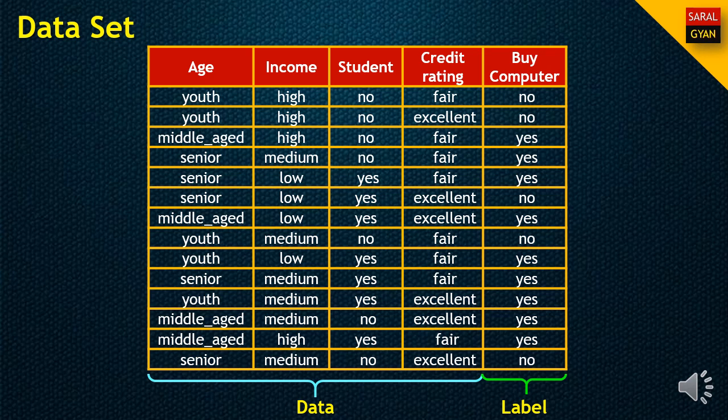Okay, now the question is, though there are 4 attributes, age, income, student and credit rating, which attribute to be taken first for making the decision? And we have already discussed in our previous video, we need to calculate the information gain for each and every attribute. The attribute with the highest information gain will become the first attribute on which we make the splitting, and accordingly we'll split our data set. So let's see in the subsequent slides how it will go on.